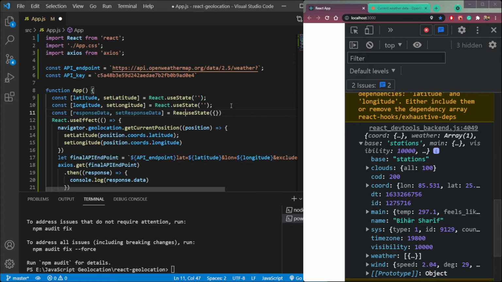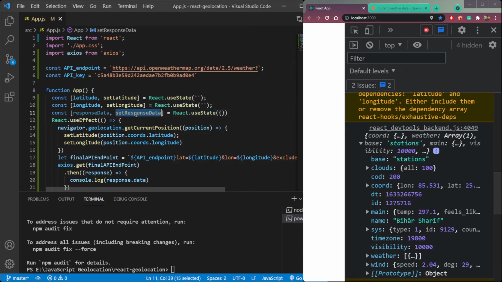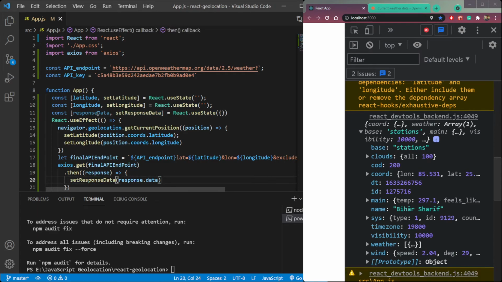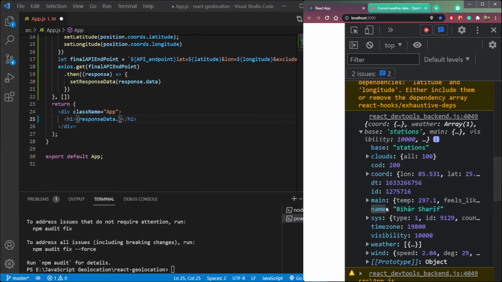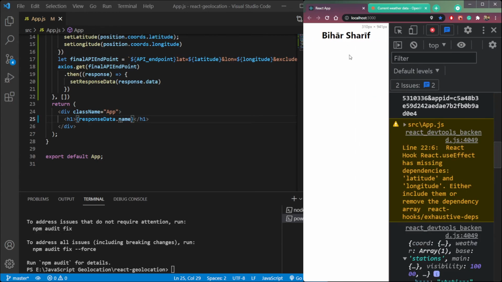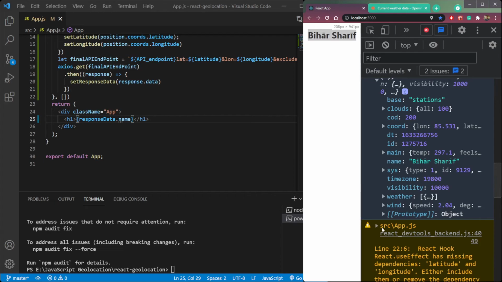Then we also need React.useState, not just useState. Then set response data and this response data. Now let's use this. So response data dot name and save. So you can see we are getting the data Bihar Sharif here, which is our current position.